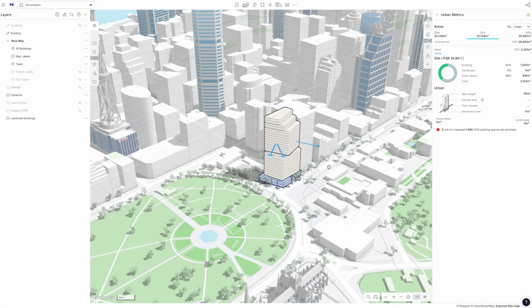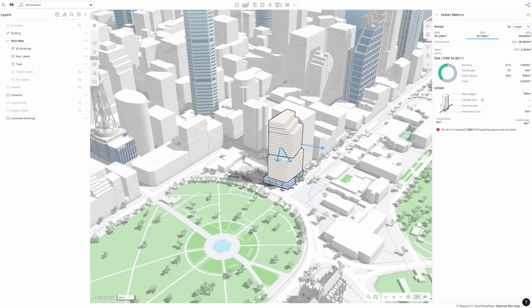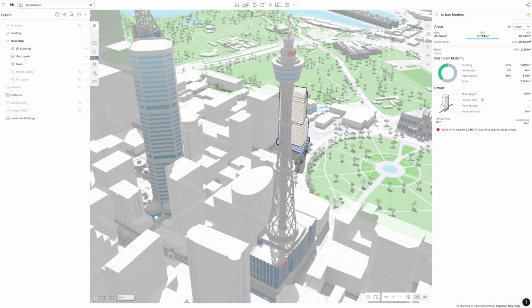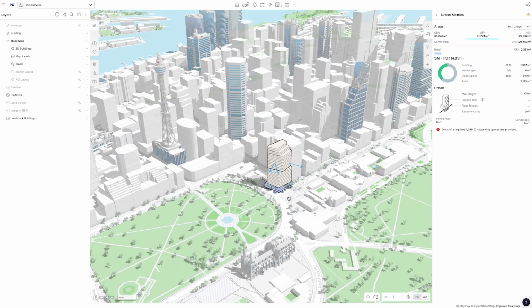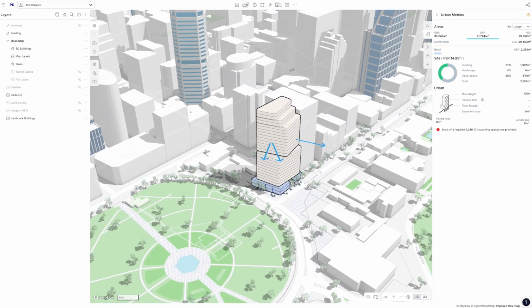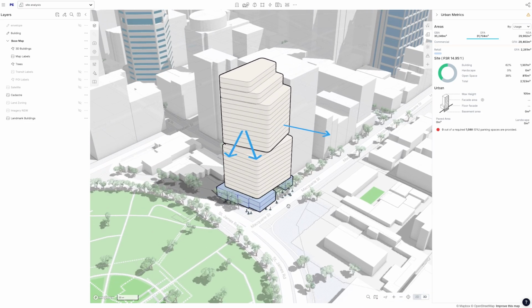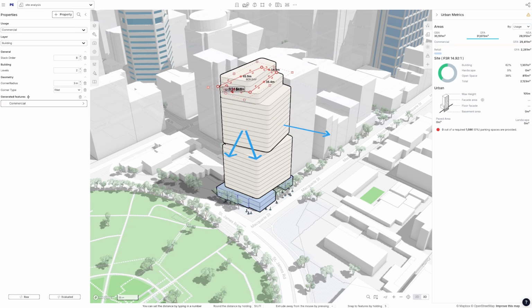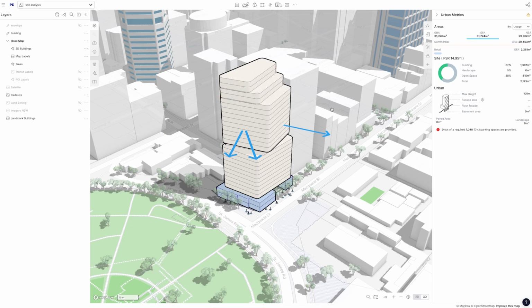My mission is to show you how Giraffe can be used as a differentiator for your office, creating diagrams like this very quickly, very efficiently. Now, this is not quite an Illustrator level diagram. You'll see there's some imperfections there with the way that this is rendered, and it's not exactly pixel perfect, but